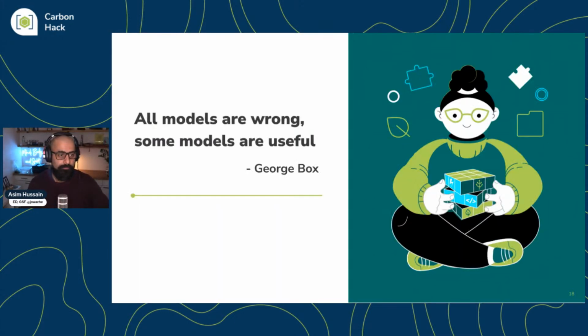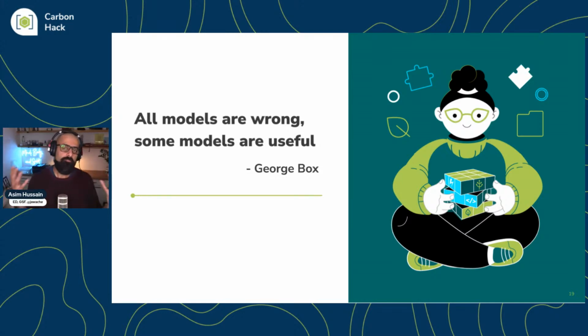So this is a really great quote. I love this quote. All models are wrong. Some models are useful. If you listen to our podcast, Chris Adams introduced me to this quote. I think it's a great quote. Everything you do in Impact Framework is using a model. It does not do direct measurement. It's got nothing to do with direct. It's not measuring electrons anywhere. It's modeling. Everything is a model in Impact Framework.